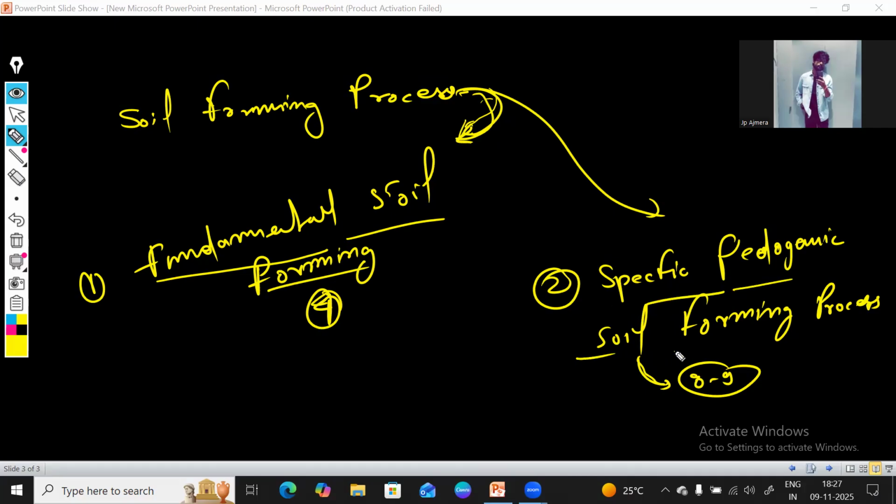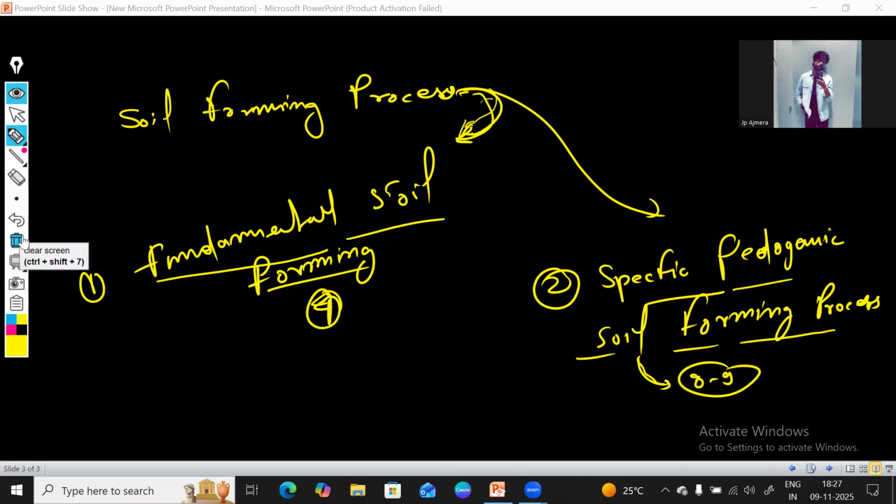These are various. There can be 8, 9, 7, whatever, depending on what you are following, like ICAR, USDA, or any book in the present era. I mean after 2000, they may refer to another number because things are evolving with time. So this number can vary. Cool. So let's get into these.